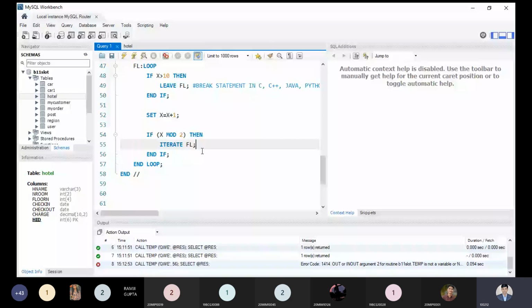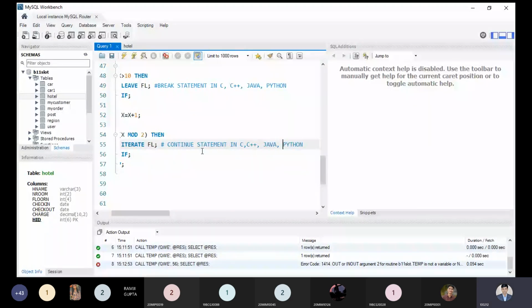in C, C++, Java, of course Python as well. That is a big point we have to keep in mind while learning the concept. Those who have any idea about programming know this concept, what is meant by the break and continue statement.